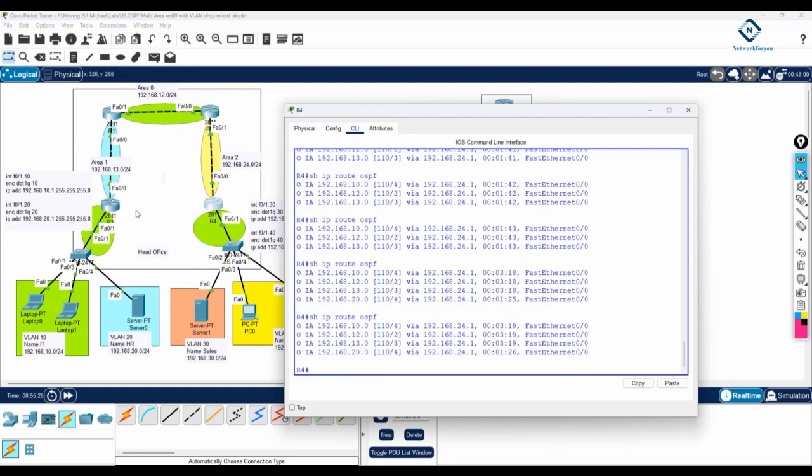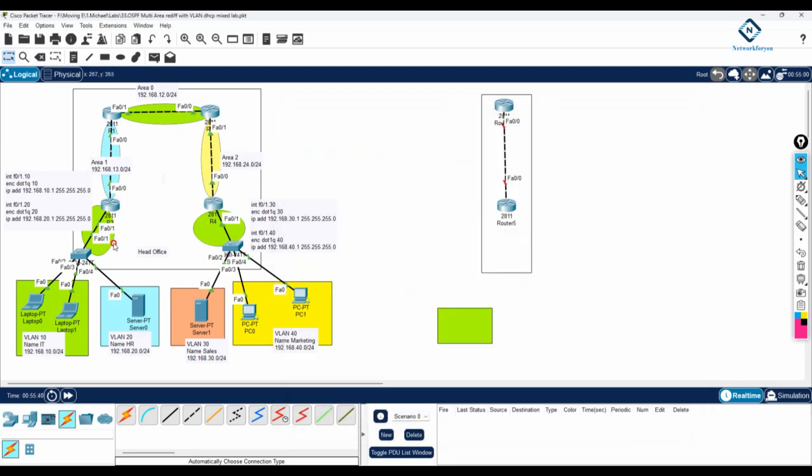We have another solution also. You can do a virtual link, but you don't have virtual link in your syllabus. We can do a virtual link, so it will start working, but I don't want to make it more complex. That's why what I did here, I just removed this